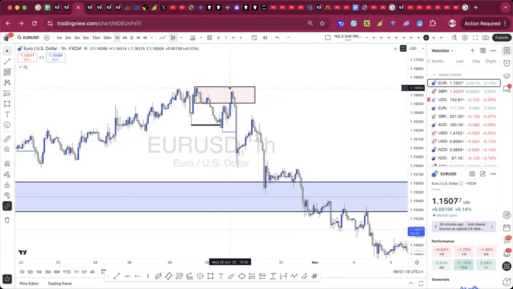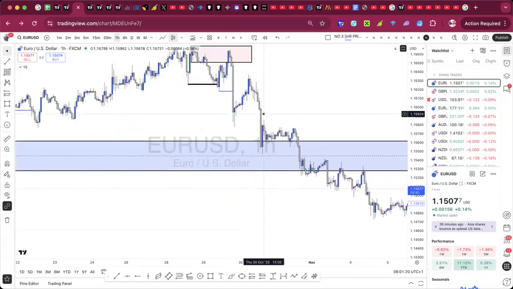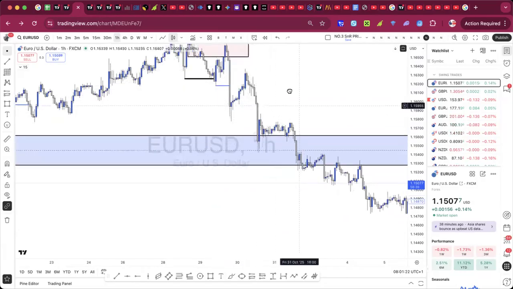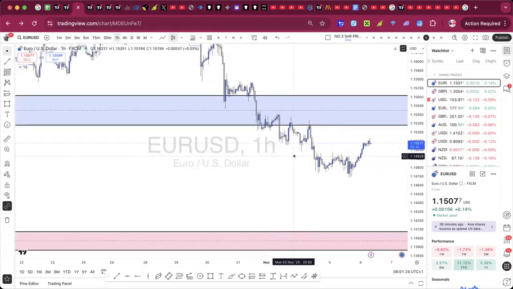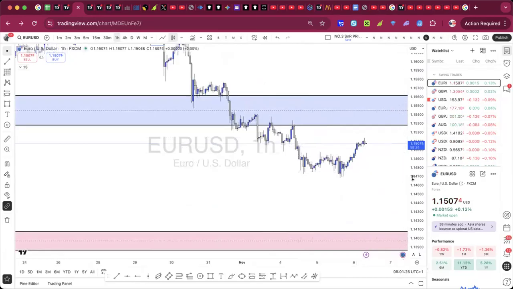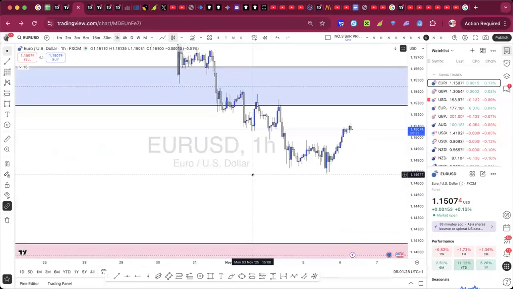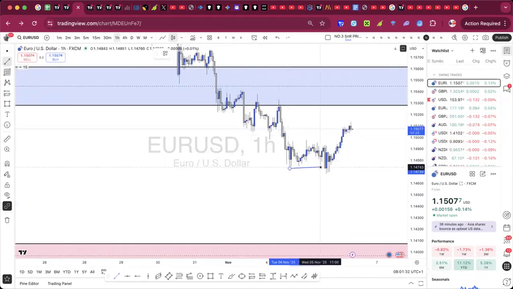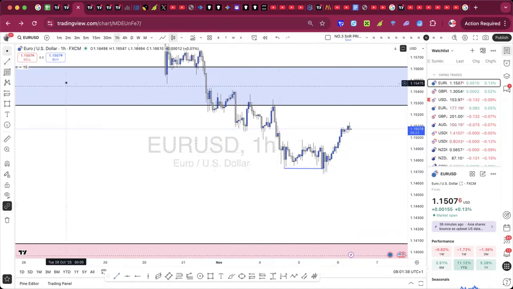Okay, so from here to here, the market just returned, retested and continued with that break of structure. Continue. So now we have to come back here. We are here now. So if we have that break of structure here,